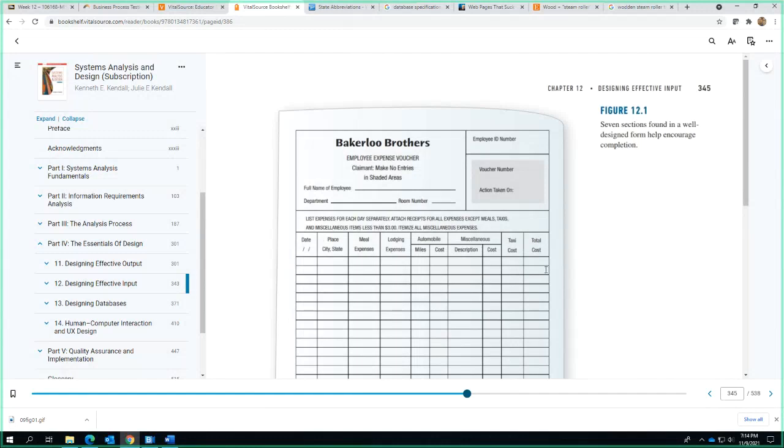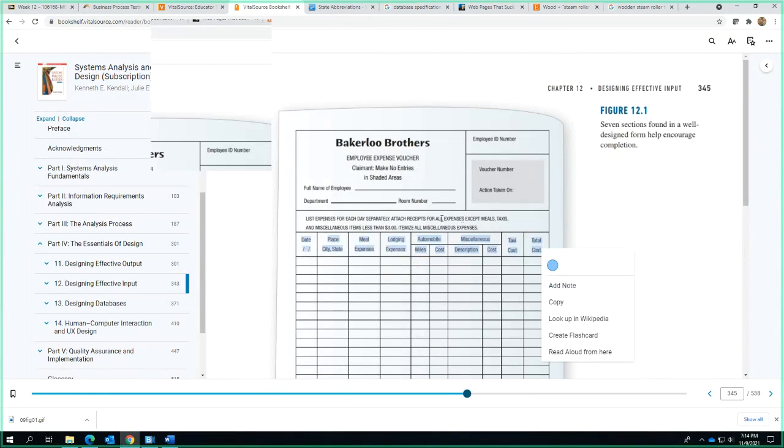Yeah, this is a paper form. Well, let's say this is your paper form. How do I make that in Access? Well, number one, the database doesn't have to look like this. You would create a database of this, and you would recognize that your entities, you might have lodging as an entity, you might have meals as an entity, place, city, state, whatever. Or this might literally be all of the field names for your table,